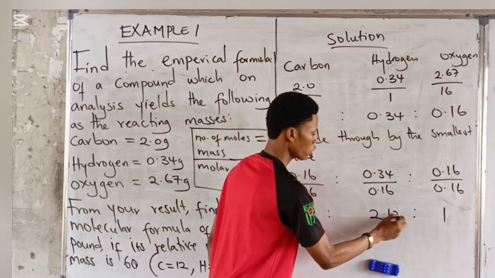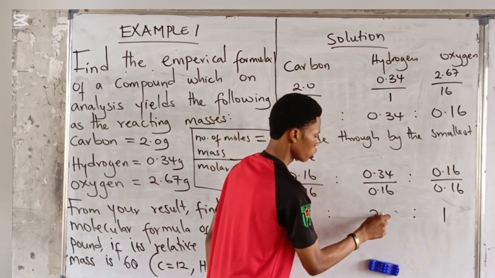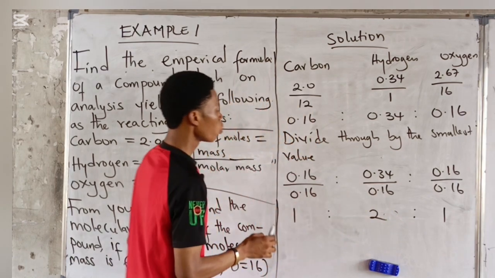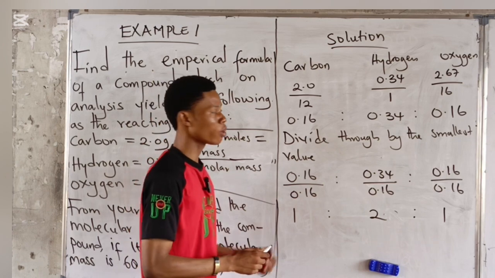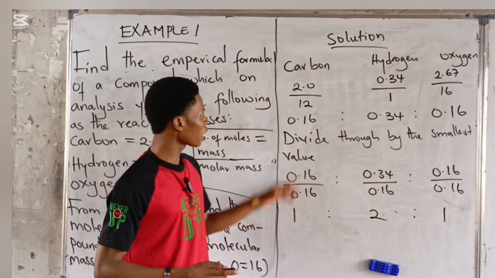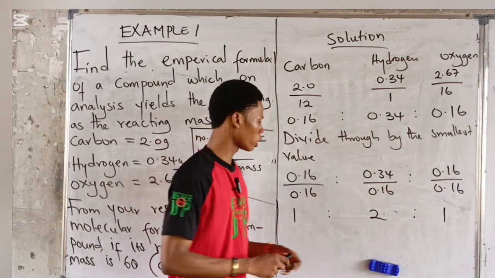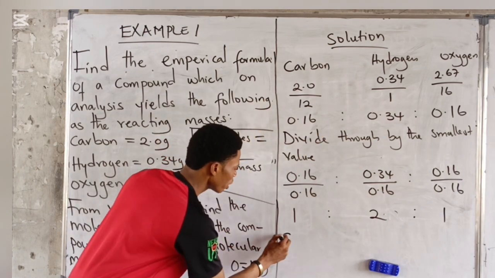2.12. So it will give you 2.12, but approximately this is the same thing as 2. So we've gotten the whole number ratios. Remember we said empirical formulas give the whole number ratios. So we've gotten that carbon is 1, hydrogen is 2, and oxygen is 1. Hence we can say that the empirical formula